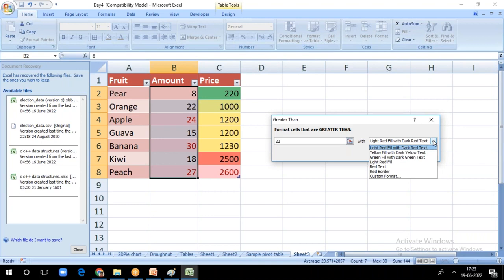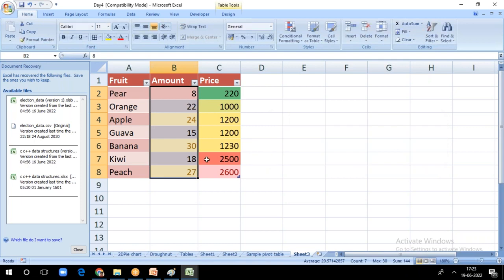So for example, all those values which are greater than 21, what we will do, we will just use this light red fill or yellow fill with dark yellow text. Can you see? So all those values which were greater than 22, they are coming up,